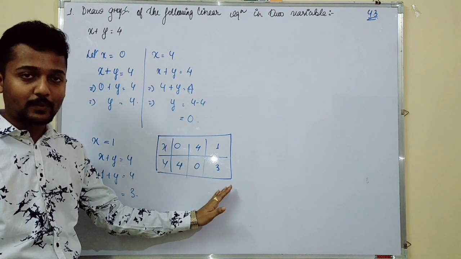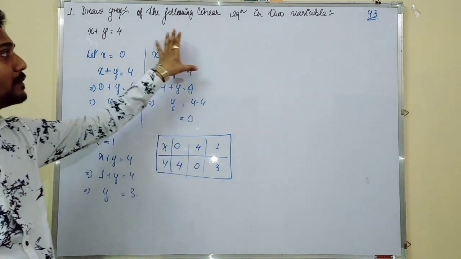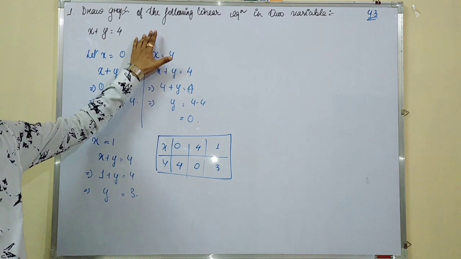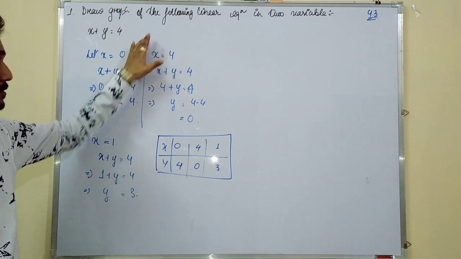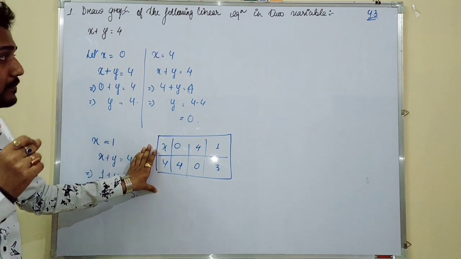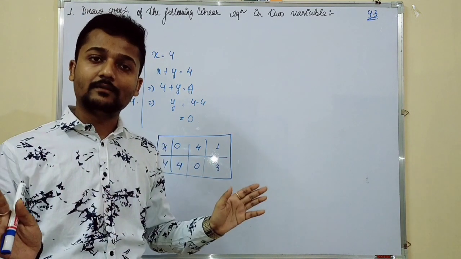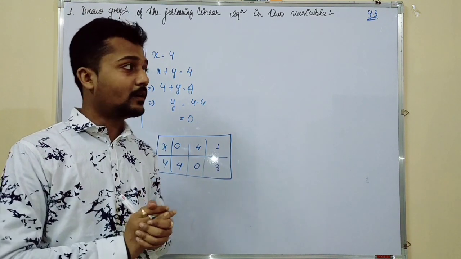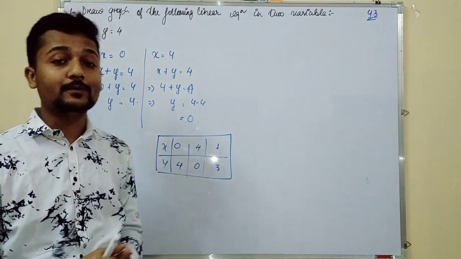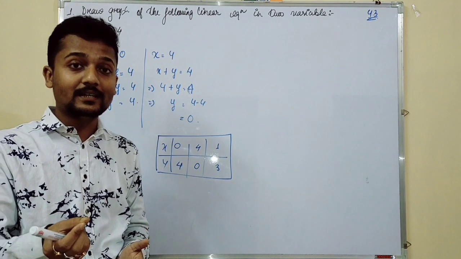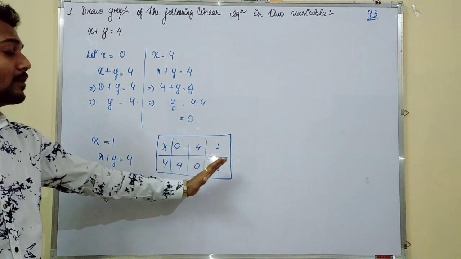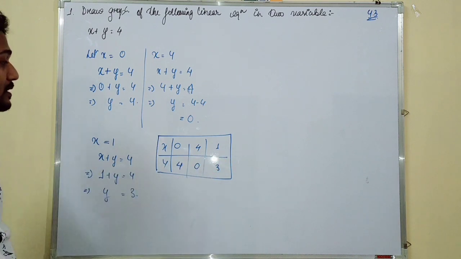I suggest you take at least 3 points, because a linear equation in two variables forms a straight line graph. That means the graph will be in the form of a straight line. So if we take 3 points, and all the 3 points come in a straight line, you will easily understand that you have done it correctly. Or if you take 3 points and they don't come on a straight line, and it is a linear equation in two variables, you will easily understand that you have made a mistake somewhere. So my suggestion is to always take at least three solutions.